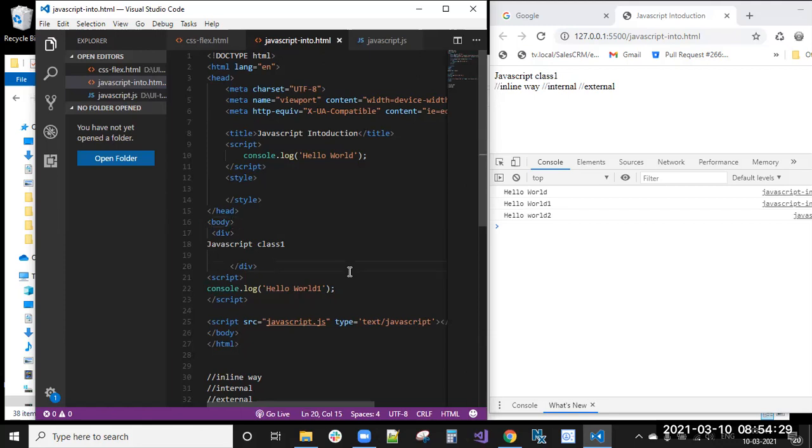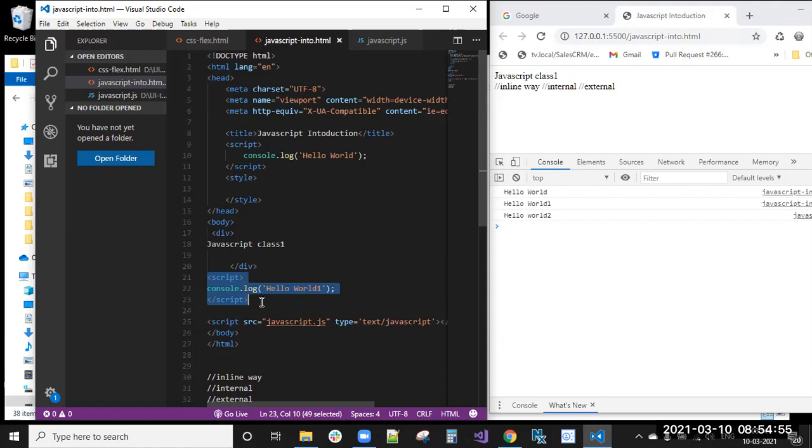So this is the introduction to JavaScript. In how many ways can we keep the JavaScript code in our document? There are three ways: inline way, internal way, and external way. The inline way is this one: after the HTML document design is completed, you keep the script tag, and inside that you can write the JavaScript code.